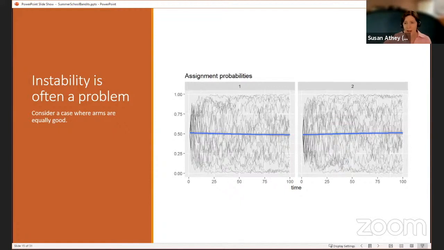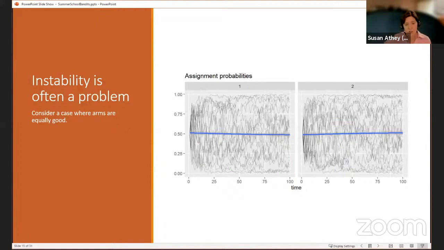One of the things that confused me at first was: I've got a Bayesian algorithm here. How can it be really sure that arm 1 is better than arm 2 if arm 1 is really not better than arm 2? How can a Bayesian algorithm be convinced of something that's false? But on average, if you run a lot of simulations and you have lots of periods of time, it's actually expected that sometimes this Bayesian thing will be convinced that something is true that's not true. So it's not actually a mistake per se.